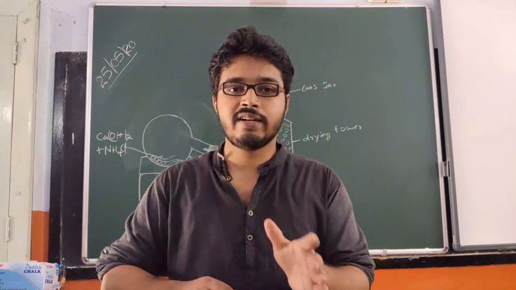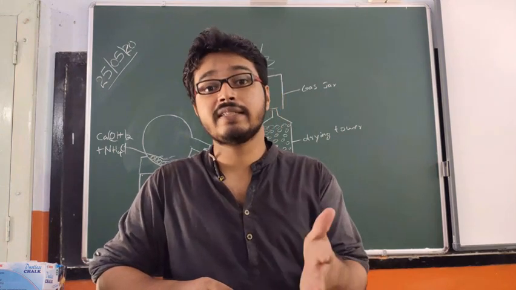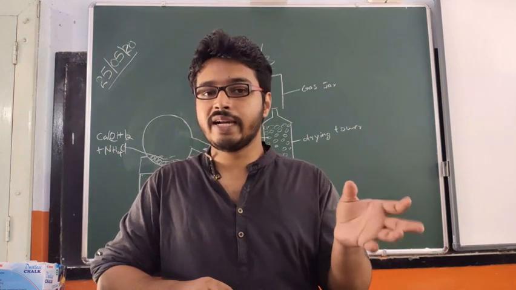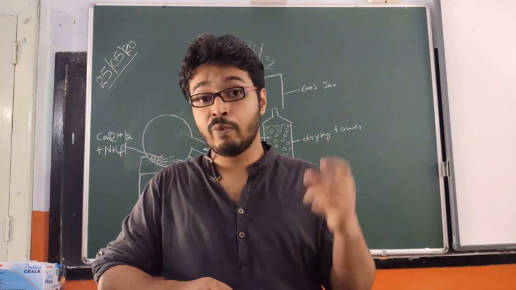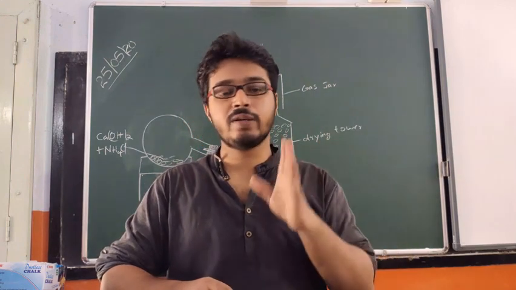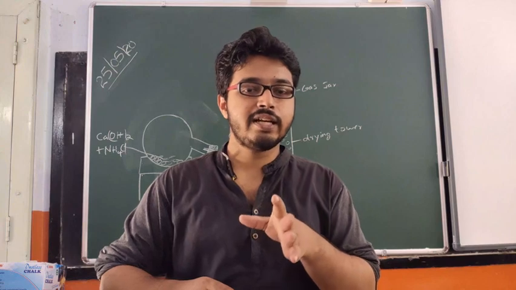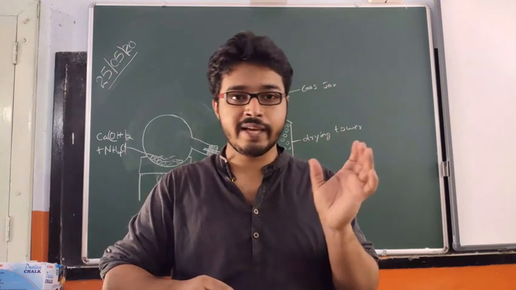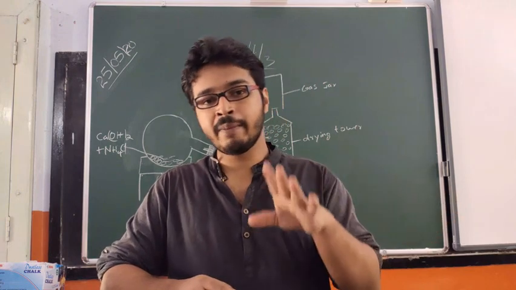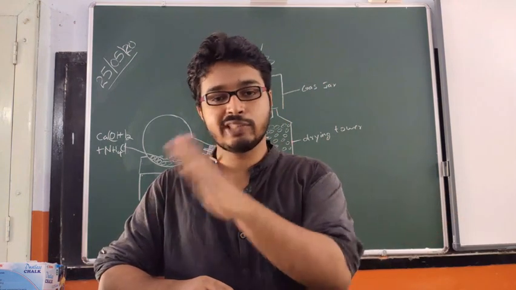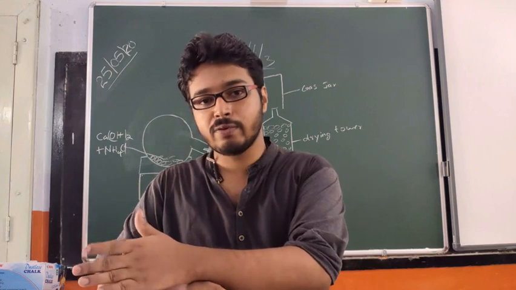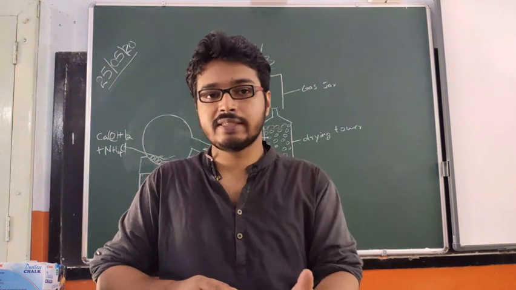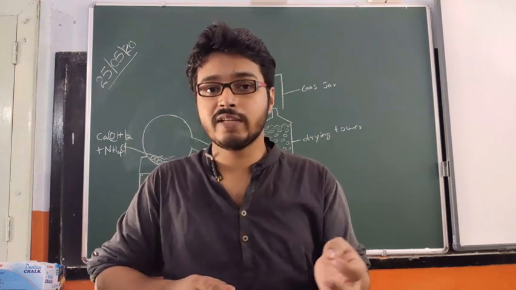The first thing that you need to know is the structure of ammonia. Ammonia is a covalent compound. It is NH3. You are not supposed to confuse between NH3 and NH4 plus. Ammonia and ammonium ion: ammonia is a normal compound, while ammonium ion is an ion. NH4 plus is one of the cations. So you are supposed to go through the previous portions on ammonia and the ammonium ion.